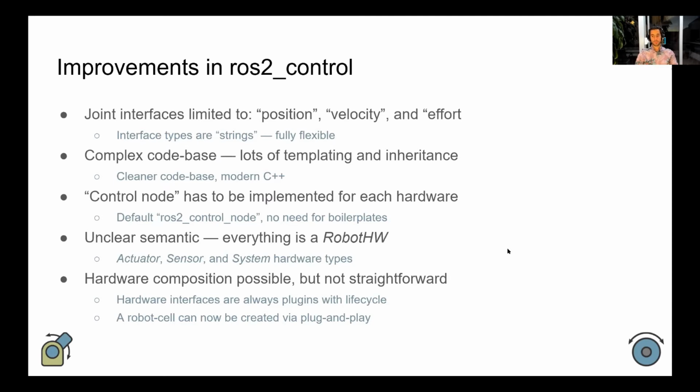Regarding the control node, now we provide the control node, so there is no need for boilerplate. Basically, everything is in, and one has to develop less to get the system up and running. Regarding unclear semantics, what we changed was that we added actuator, sensor and system hardware types. I will talk later about why those three. You don't see robot here, but robot is actually hidden inside. And hardware composition is natively possible because now